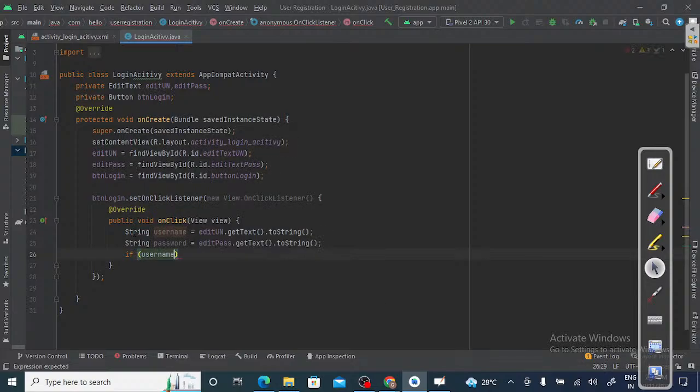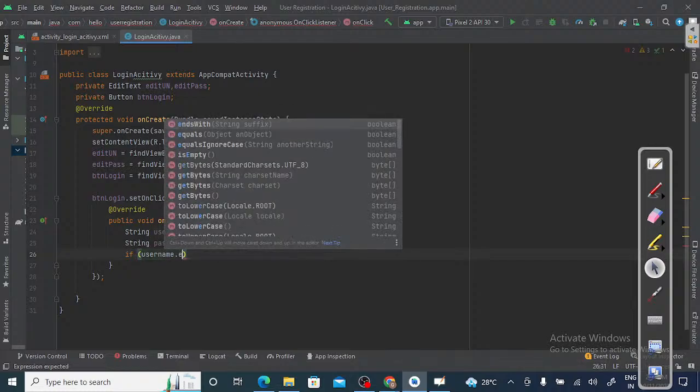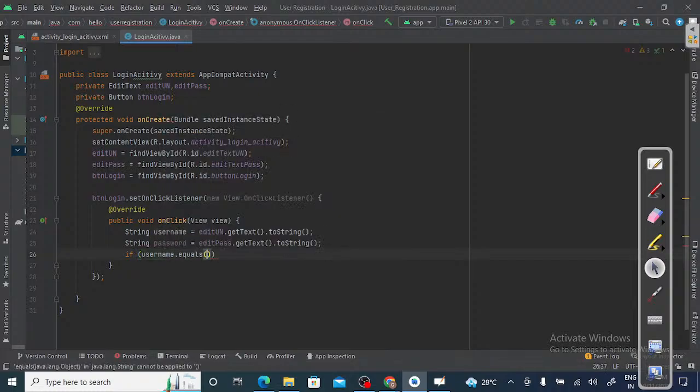If the username equals the string, let's say if it is Girish, and if both are true, that is the password equals 123456, here we will move to the second activity. All right, else